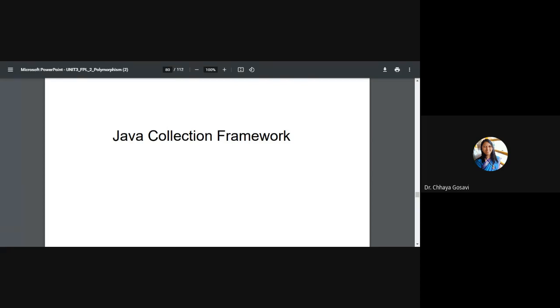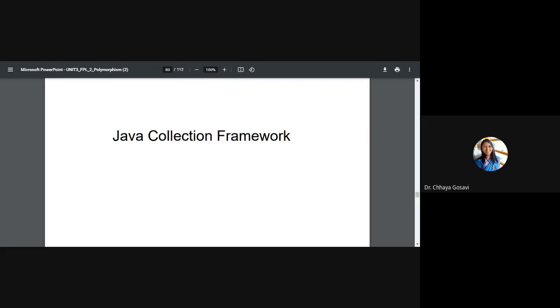But you can write a function or a class for a set for integer variables or for user-defined variables. But it would be better if Java provided a collection of inbuilt classes and interfaces which are readily usable, which you can just use as they are inbuilt. Like we are using the String class, we have not defined the String class on our own. Java in the java.lang package has provided a String class, and we can just create an object of the String class and work on it and call any method like any other class.